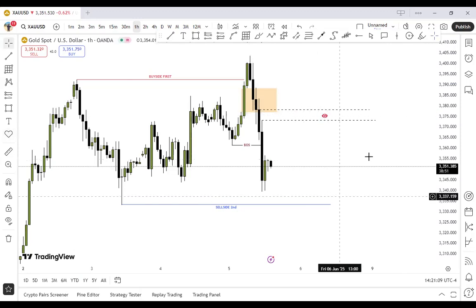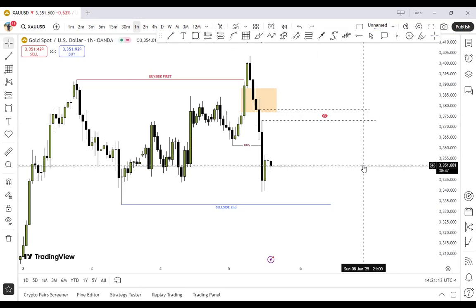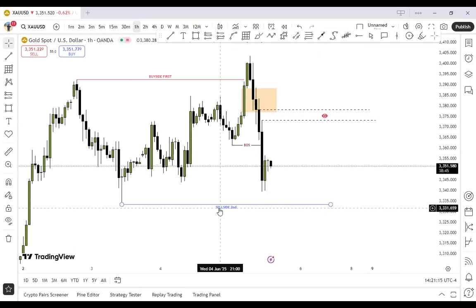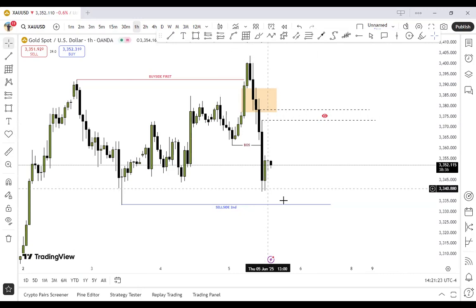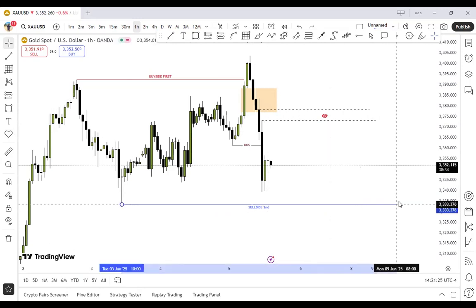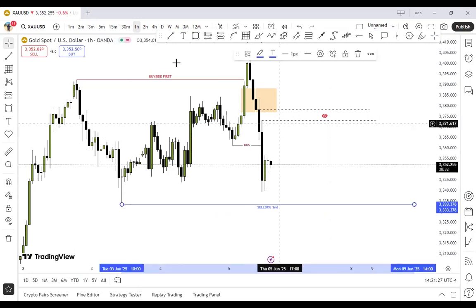Okay, so I have my eyes on this thing here. Because I know where price is going, now you need to look for something that is going to push price towards your next draw on liquidity, which is the slope. Buy side was taken. We are anticipating a double tap, right? So the expectation is to sell from this point.